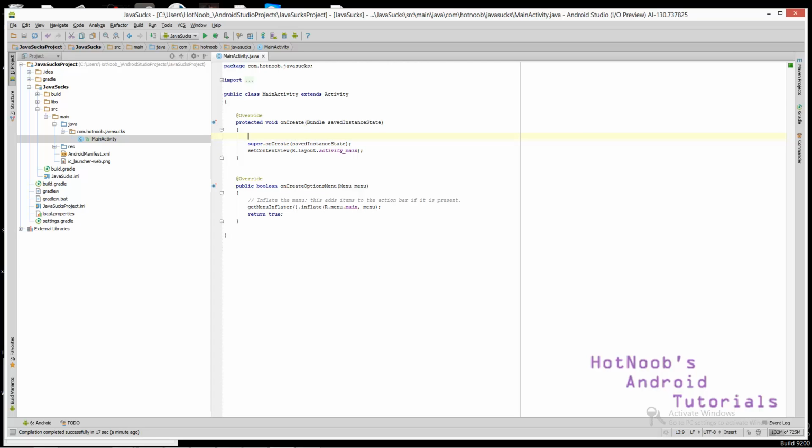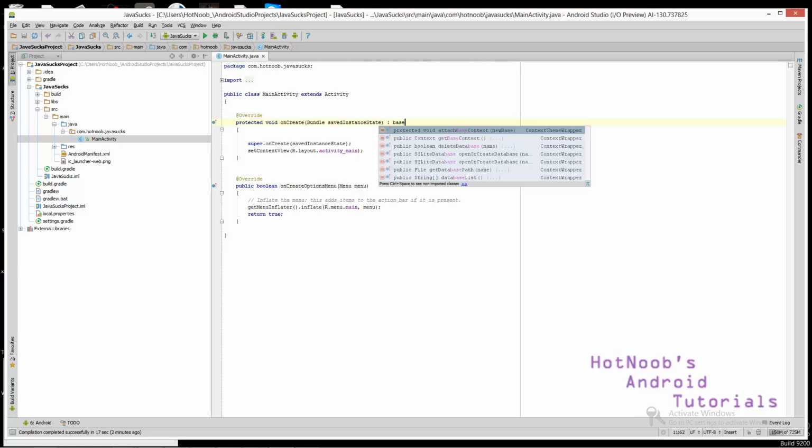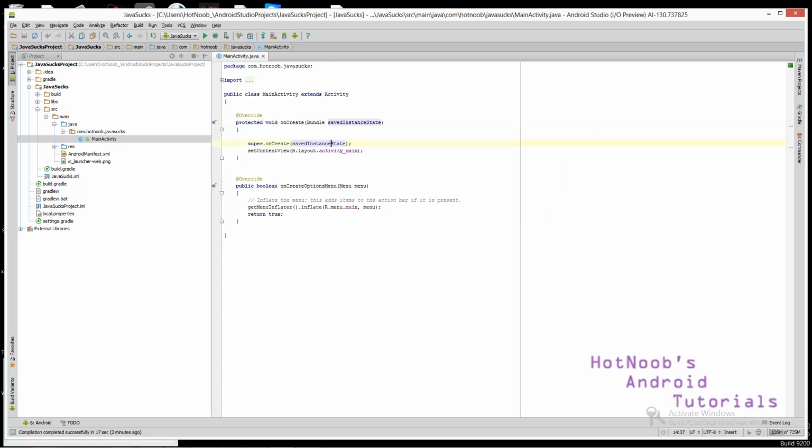Let's explain this onCreate. What we're doing here is overriding a function. If you don't know what that means, let's say we're rewriting one. We're saying, fuck you, your function is bad, we're using this one. That's pretty much it. And this is our class, so MainActivity extends Activity. Activity is a class that already exists, and when it calls onCreate we're doing super.onCreate, which in C# would be like doing base. It's basically calling the onCreate of Activity and sending it this.